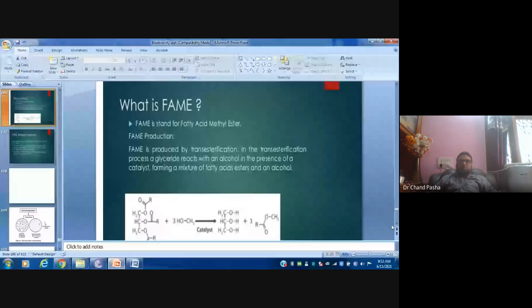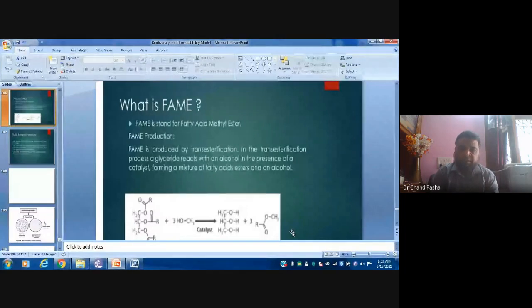So what we'll do is convert them into ester forms. These fatty acids cannot be separated in gas chromatography, but if you convert them into volatile forms, they can be easily separated. So what we need to do here is make methyl esters. This is methanol. We add acidic methanol or alkaline methanol. What happens here? Glycerol is separated and methyl esters are produced. This is a methyl ester, and now it is volatile and can be easily separated by gas chromatography.